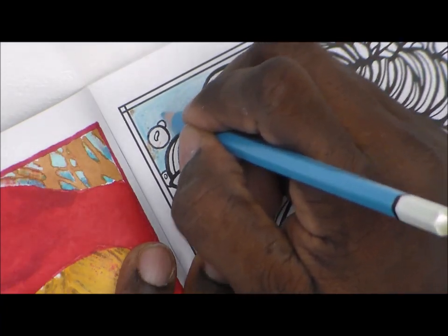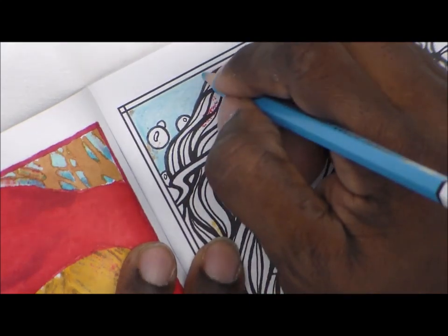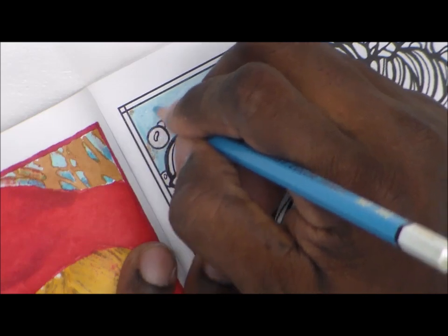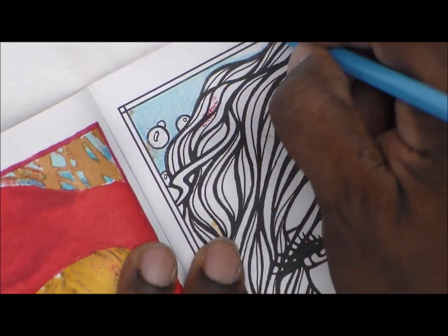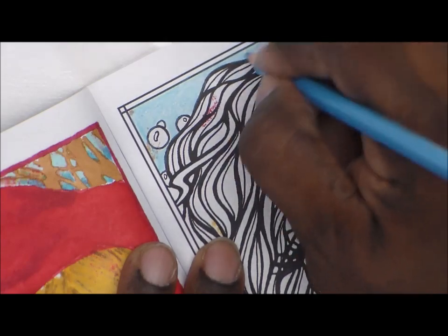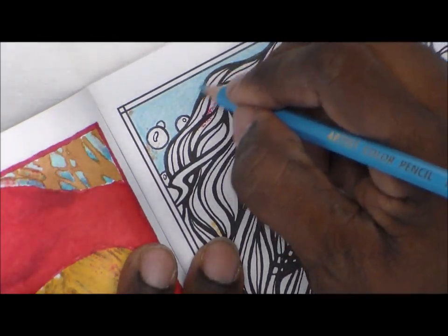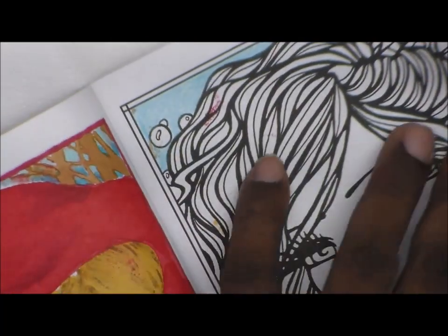I chose this book because it's thin paper. And then I chose the curly book because it's thicker paper, just like the cardstock and the printer paper that I used to do the blending. But yeah, it looks pretty good. Now let's go ahead and